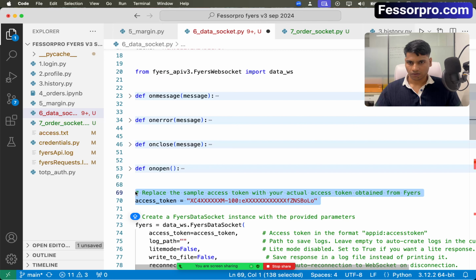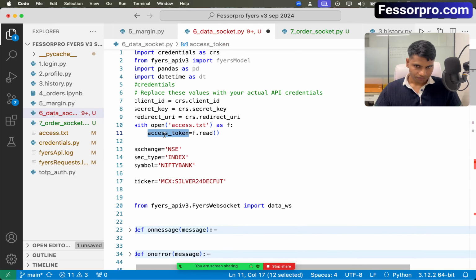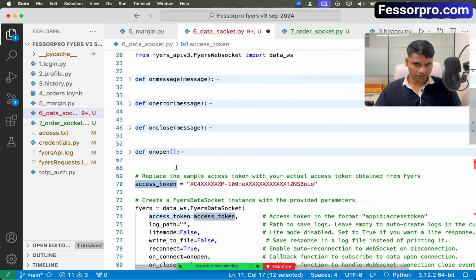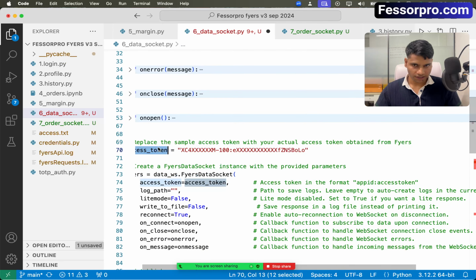Okay, so replace the sample code. One more thing. Now this access token is different and this access token is different. So let's call this access token. Let's call this new access token. I'll just change the name. I'll write new underscore